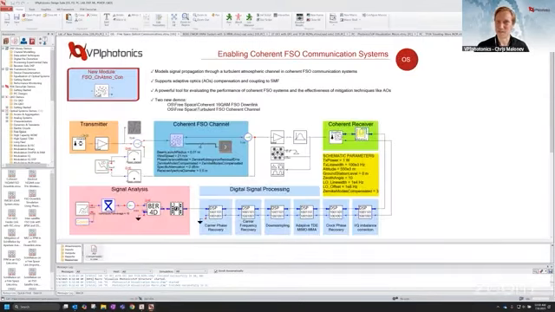The first is enabling coherent FSO communication systems. We have a new coherent FSO channel model. What's new about this is that it's modeling signal propagation through turbulent atmospheric channels, but it's also now supporting adaptive optics compensation. We can see how different Zernike polynomials can correct the wavefront aberrations through simulation and coupling